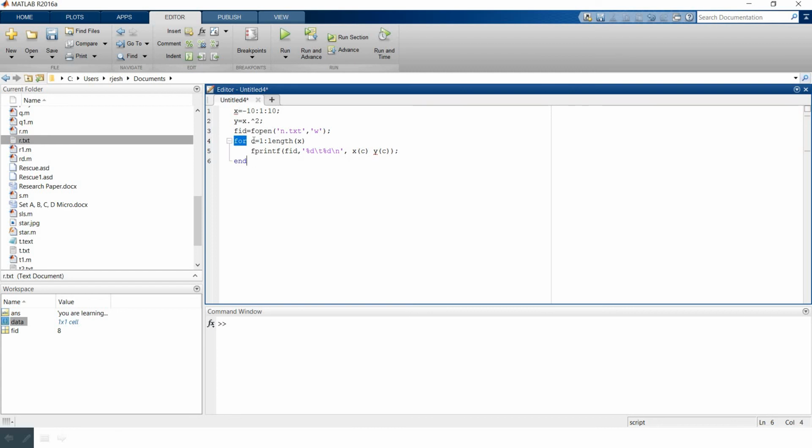Come out of the loop, and then fclose fid.